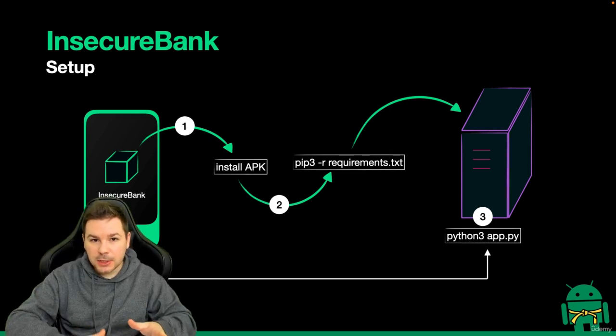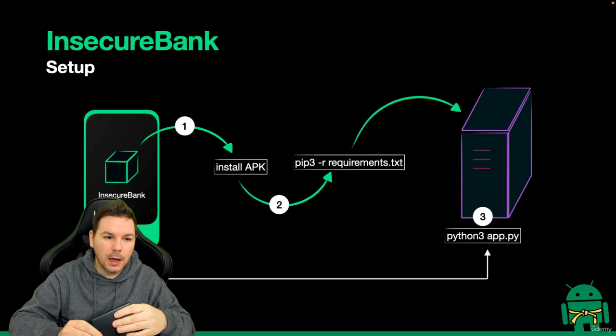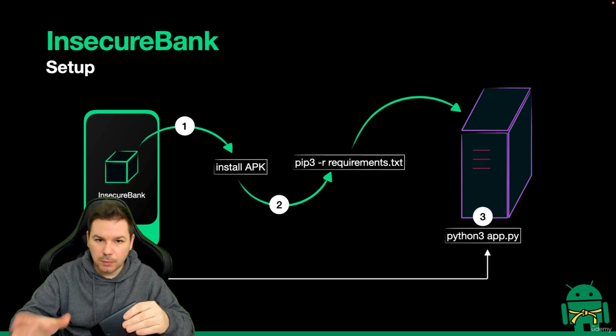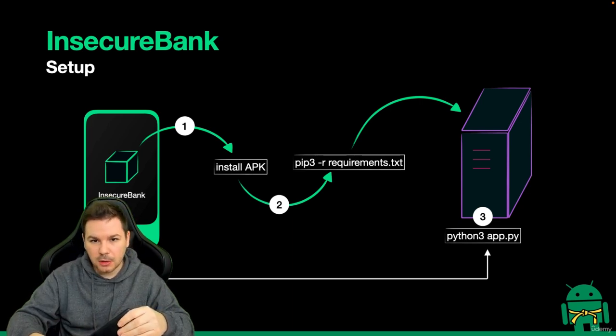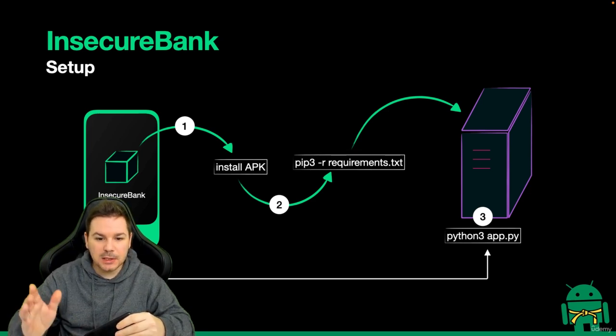Okay, now the question is, we are having different setups, and which setup should we use right now for this application? I mean, we've got our emulator, we've got a real device like this one over here, and we might have also this virtual machine, this x86 virtual machine. What should we use in which setup to do this right now? In my opinion, the best idea is using the emulator because this application has been designed to work at its best in the emulator. There's also some interaction with SMS and stuff like this, which might not work on the